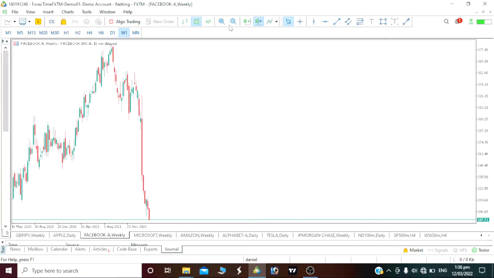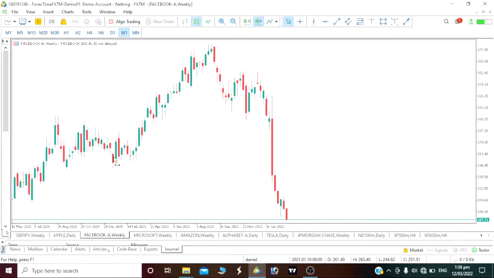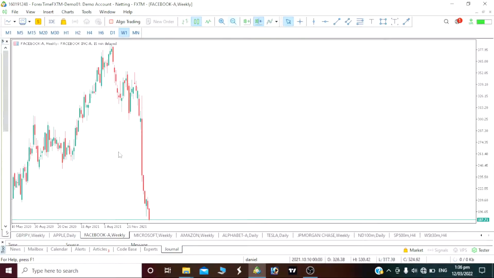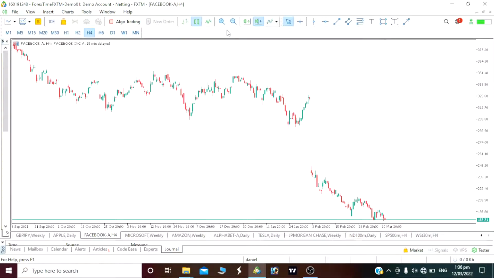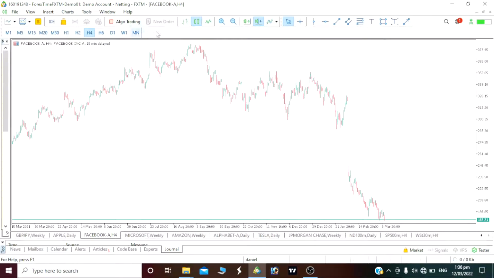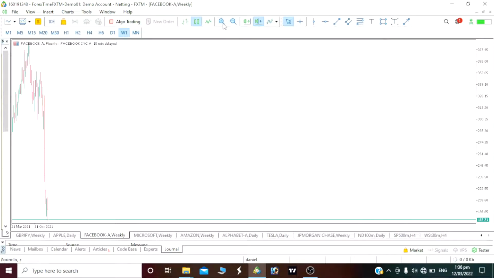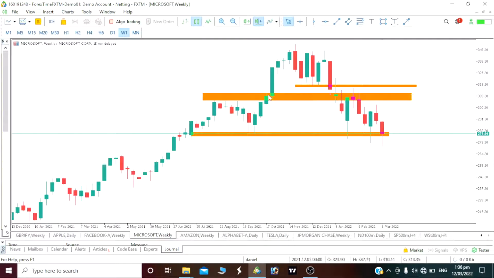The other one that I have here is our Meta Facebook. As you can see, it is actually bearish. I just don't know why I can't really see the full movement. Maybe it's because of the network, I don't know. But our Facebook should still be bearish for this week, as it is going down rapidly on our weekly time frame, on our daily time frame, and also our 4 hour time frame. It's actually bearish, so we should also be seeing some sell this week on our Facebook.